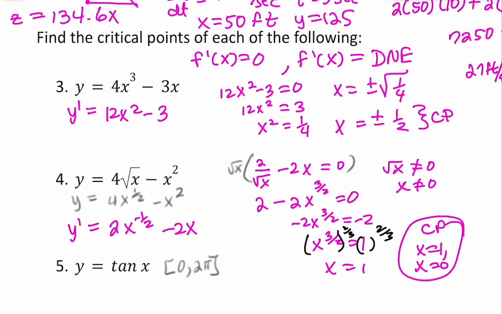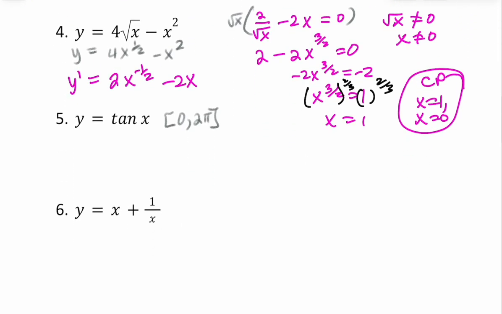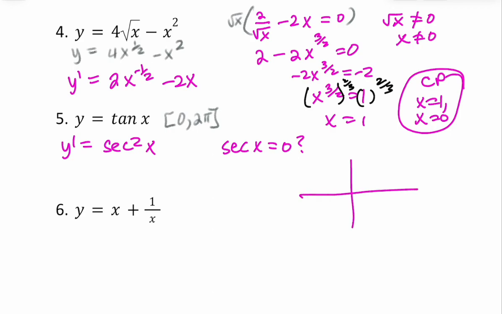Okay, let's look at number 5. Trig functions. Do you remember what the derivative of a tangent is? Secant squared. So y prime equals secant squared. Now, let's just for a moment think about where a secant equals 0. The secant graph